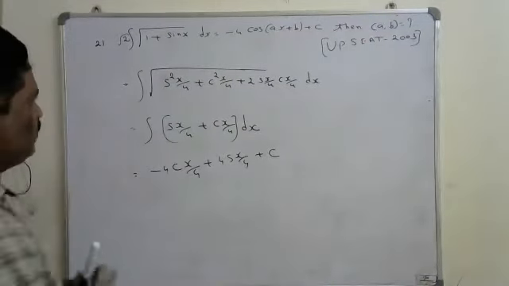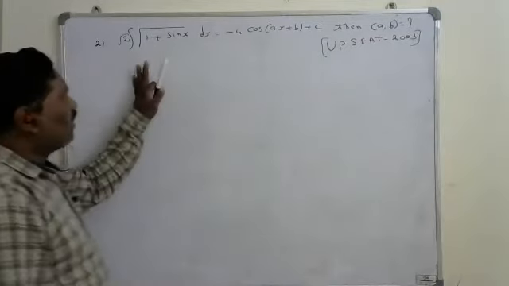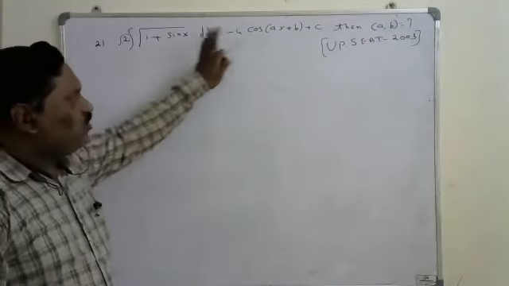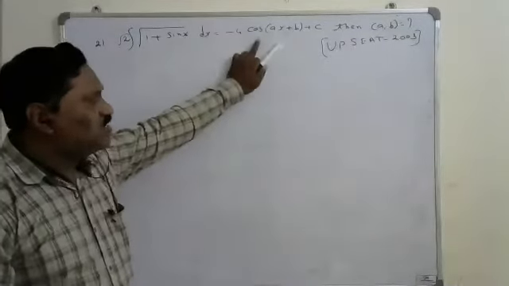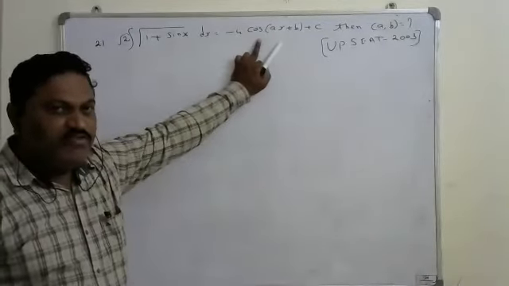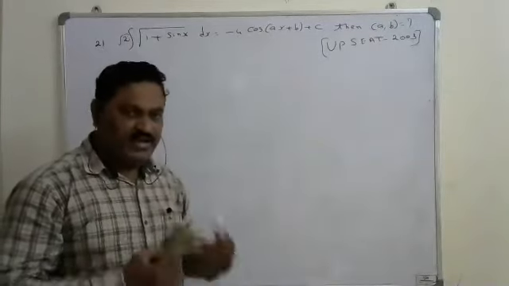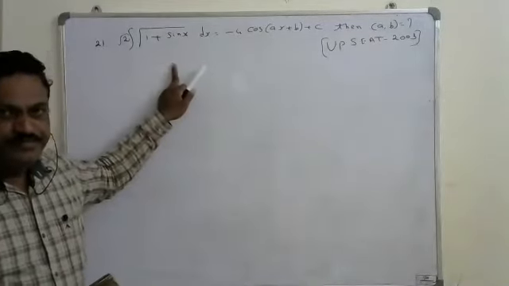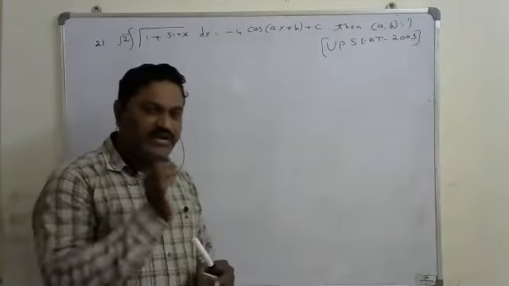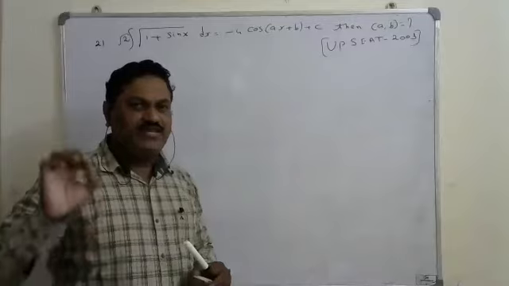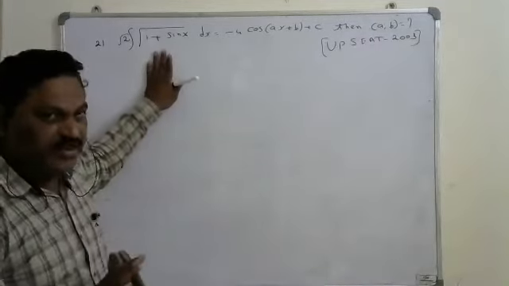Okay, to find this, just observe that they have given this value equal to this much. On the RHS side there is a minus cos. When do we get a minus cos? If you want to get minus cos, what should the function here be? It should be the sine function. We know that the integral of sin x is minus cos x. That's why we have to convert everything in terms of sine.